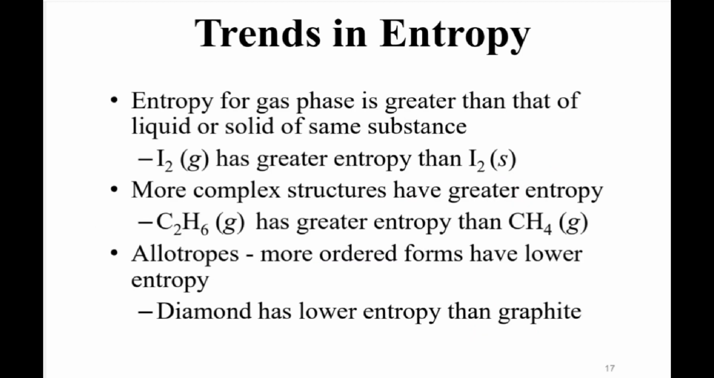Trends in entropy. Entropy for gas phase is greater than that of liquid or solid of the same substance. ተመሳሳይ የሆኑ ንጥረ ነገሮች ከሆኑ በጋዝ ፌዝ ያለው ኢንትሮፒው ከሊኩዊድ እና ከሶሊድ ስቴት ይበልጣል ማለት ነው። For example, iodine in gas phase has greater entropy than iodine in solid state. ስለዚህ በጋዝ ፌዝ ያለ አዮዲን ትልቅ ኢንትሮፒ ይኖረዋል ማለት ነው። Complex structures have greater entropy. ውስብስብ መዋቅር ወይም ስትራክቸር ያላቸው ትልቅ ኢንትሮፒ ይኖራቸዋል ማለት ነው።